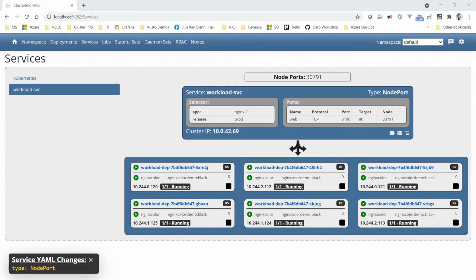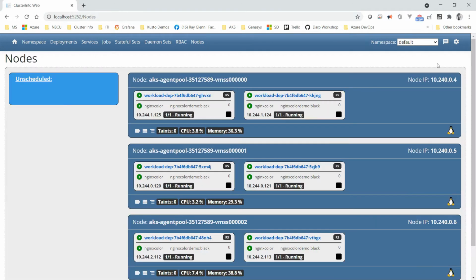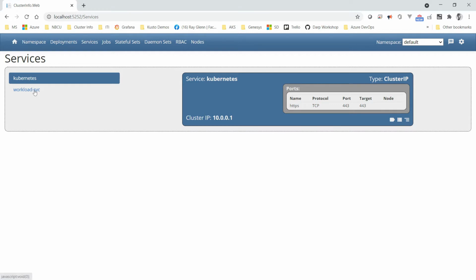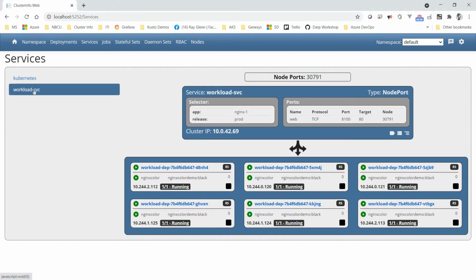Now we have a node port associated with that service that we can use to access the service from outside the cluster if we had access to any of the IP addresses of the nodes within that cluster. But in a cloud scenario, we generally don't have access to that, so a node port really isn't of use in a cloud scenario. So let's go ahead and take this to the next level and upgrade this service to